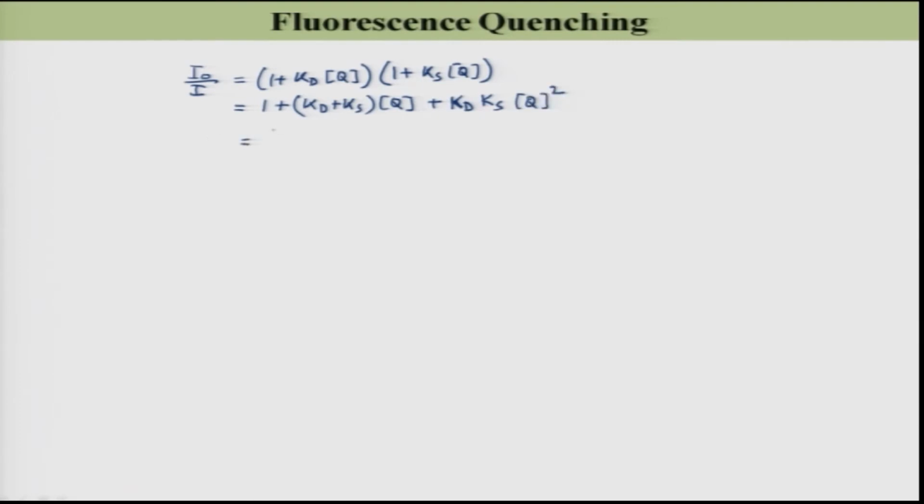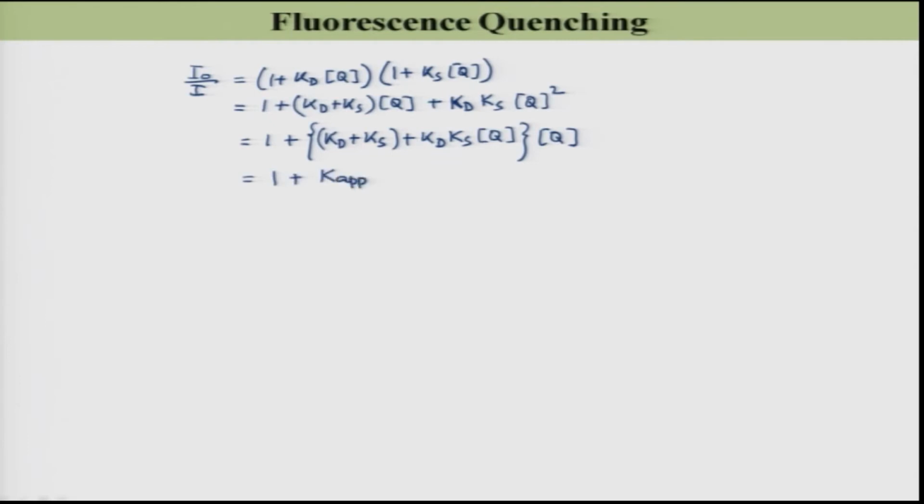So, this is equal to 1 plus Kd plus Ks plus Kd Ks into Q, that whole thing is multiplied by Q, and let me write it as